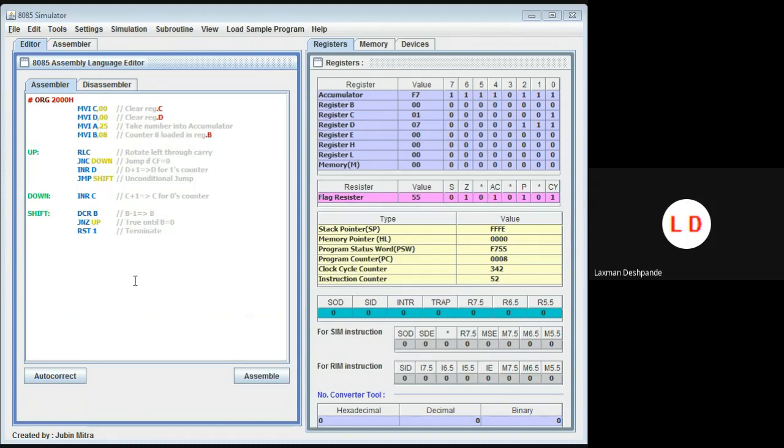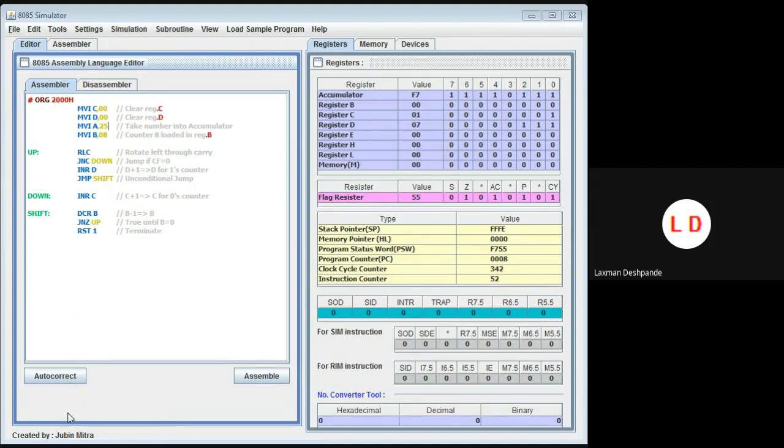So 25 means the number of ones will be 3 and the number of zeros will be 5. 2 means 0010, 5 means 0101. So here the number of ones will be 3 and the number of zeros will be 5.